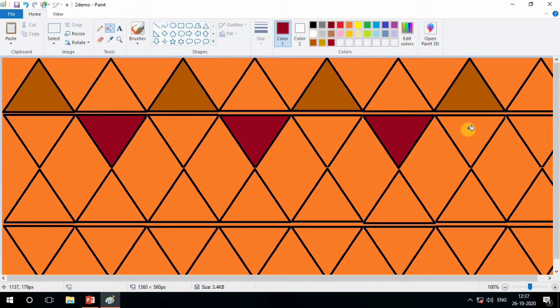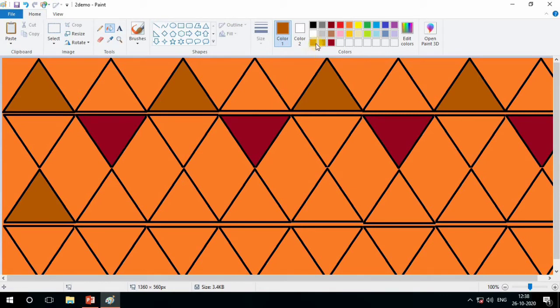Now the seventh number, skip it, and now here. So you can see we are giving the shade here. Now again choose this one color. Which color? This one. Here. And now come to the third row and fill it.